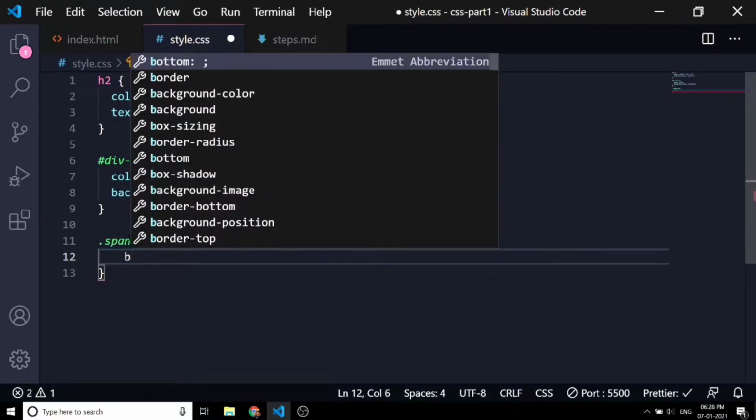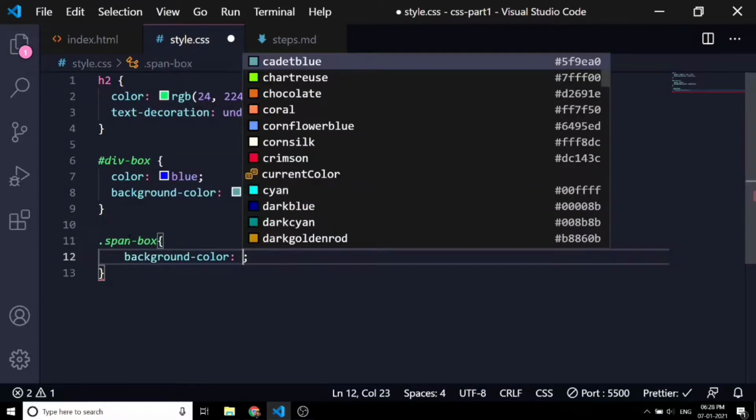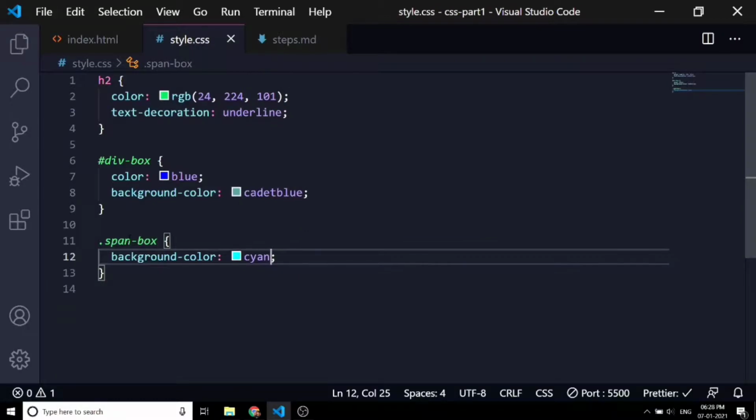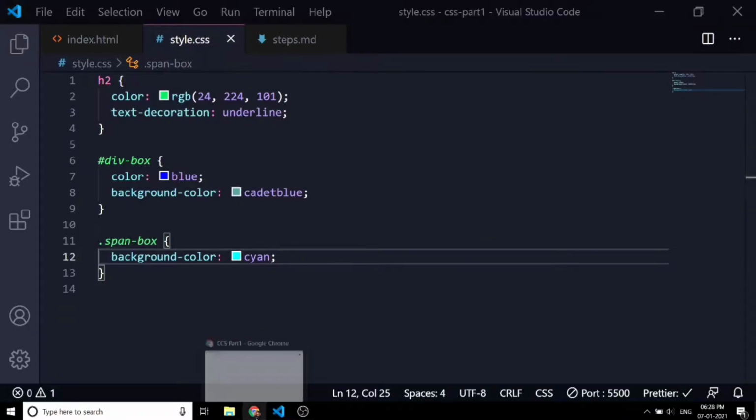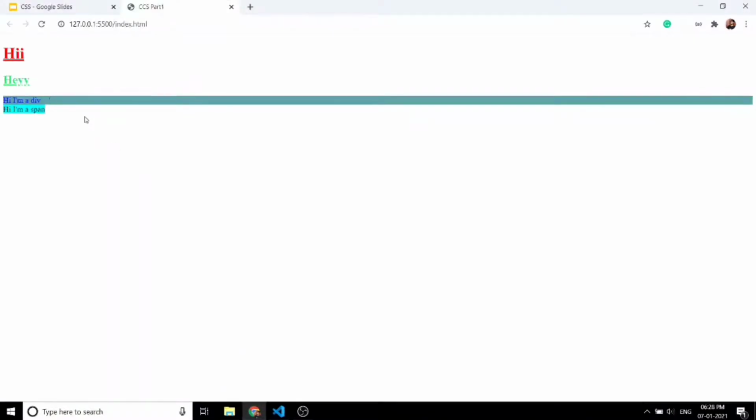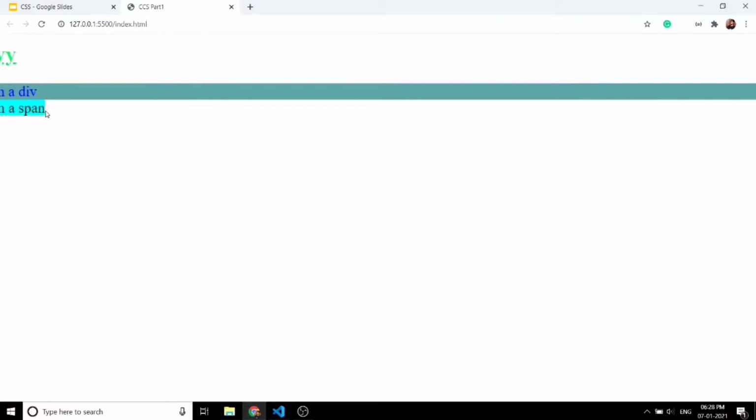And let's give this one a background color of cyan. You can see here the color ended right where the text ends, or the content ends.